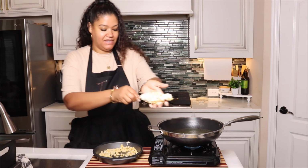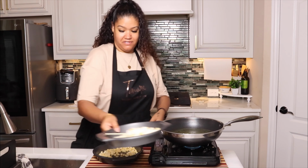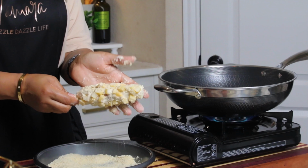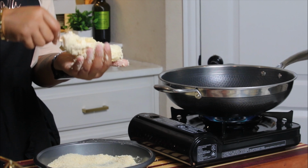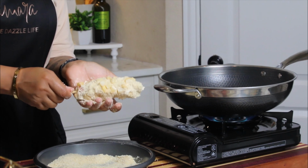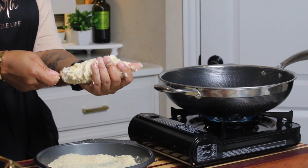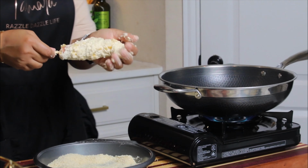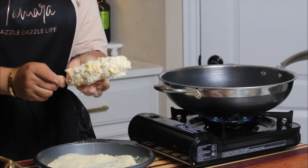Once you get them nice and coated with the potatoes, then you're going to place them in the panko mixture and just fill in the gaps with the panko. You just want to dip the corn dog right into the panko and then use your hands to make sure that it's pressed in between the gaps between the potato and on the dough to make a super crispy corn dog. After you get everything pressed into the dough perfectly like so, you're going to gently add it into the oil